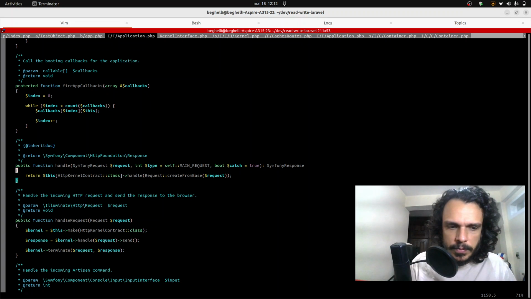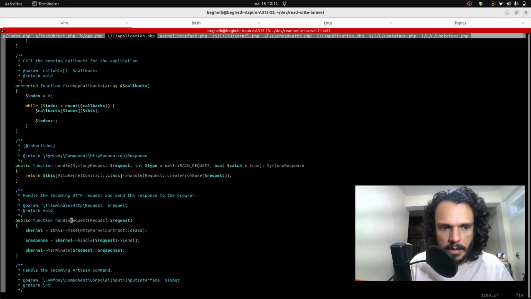But it's doing something very similar here, handle request. And it's similar in a way that it's not making the kernel, right? It's getting the kernel directly from the application,